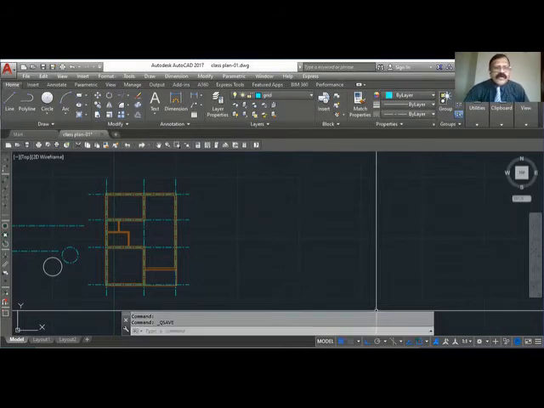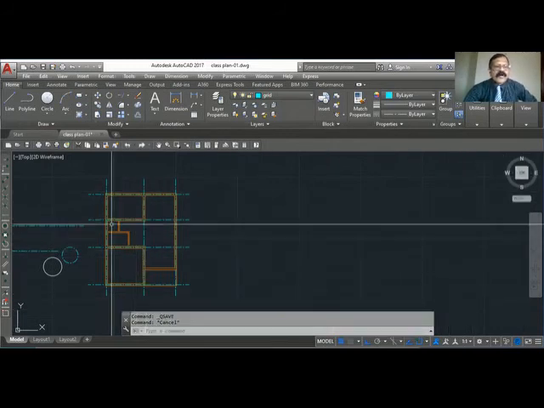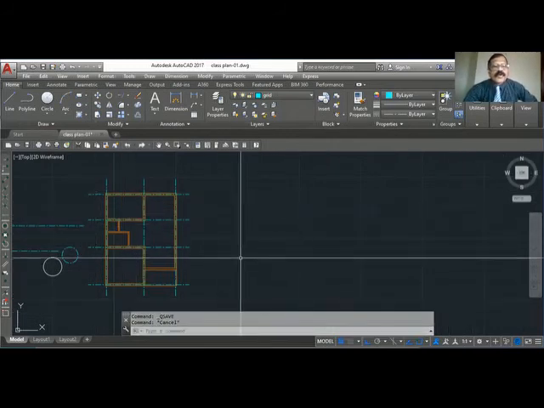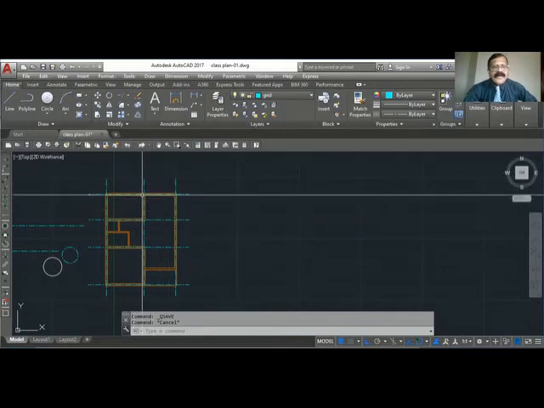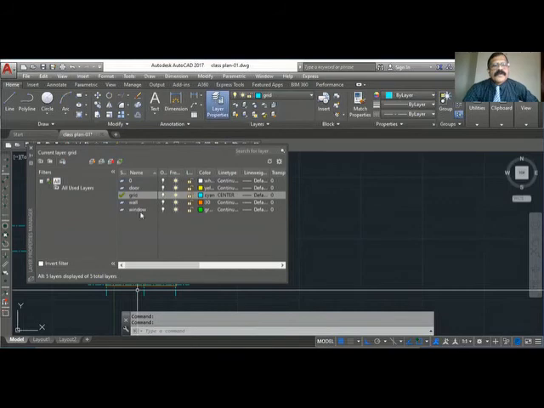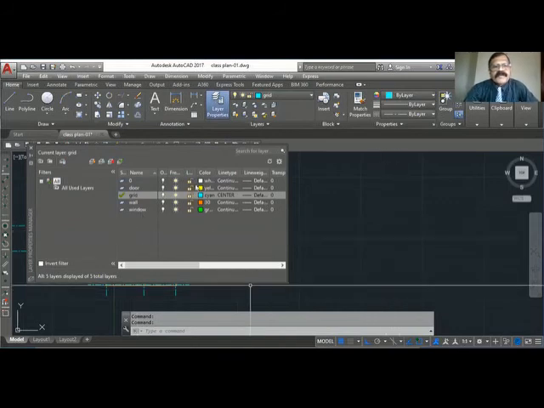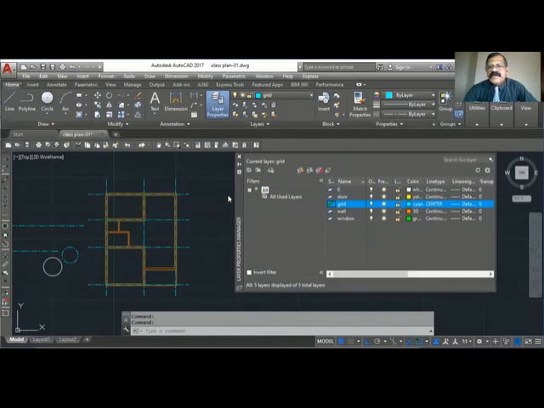For example, here you want to take a printout of only the walls, not the center line. So you will freeze the layer which is not required. When you click here, layer, you can see that there is one important command here, freeze. When you freeze, you cannot see the objects on that particular layer. For example, you are in the grid layer. You cannot freeze the current layer, but I can freeze the door layer. We have not drawn any door. Okay, I can freeze the wall layer now. So I go to the wall layer and freeze.